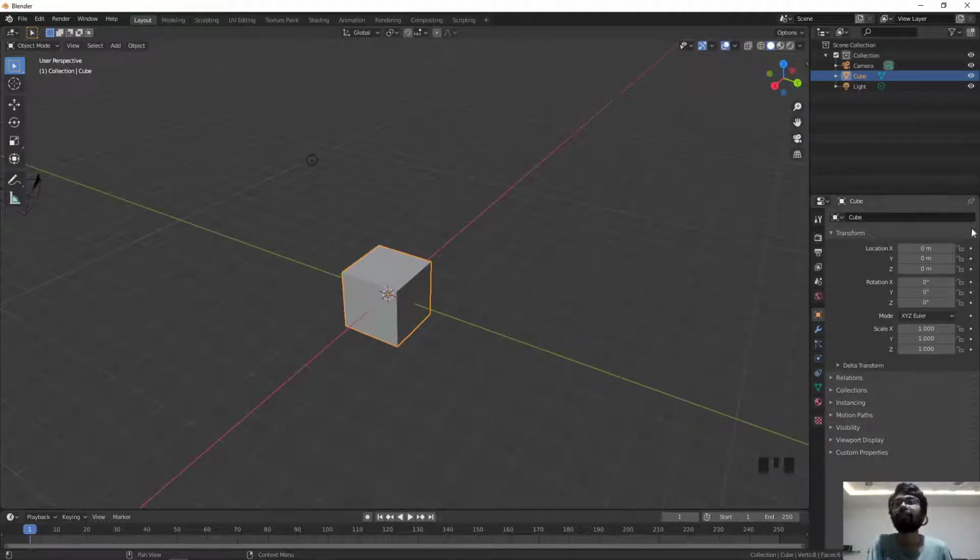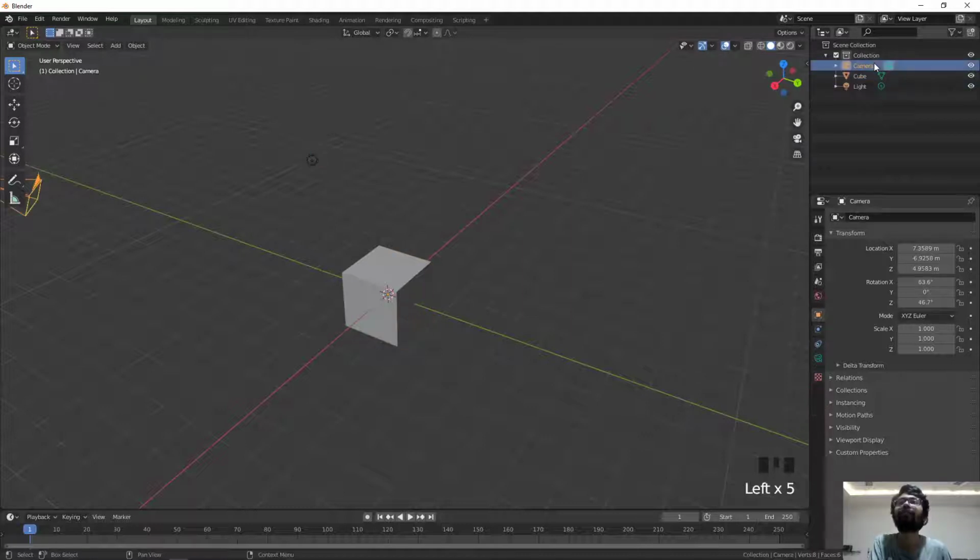The second thing, this is our properties tab, where we'll modify the properties basically. So here we'll modify the properties of our object, like materials and its physics, etc. This is our object tab, our collection. I call it the object tab. Here we will see many objects listed that we have in our scene, like the camera, this light, and this cube. So these objects are in our objects tab.